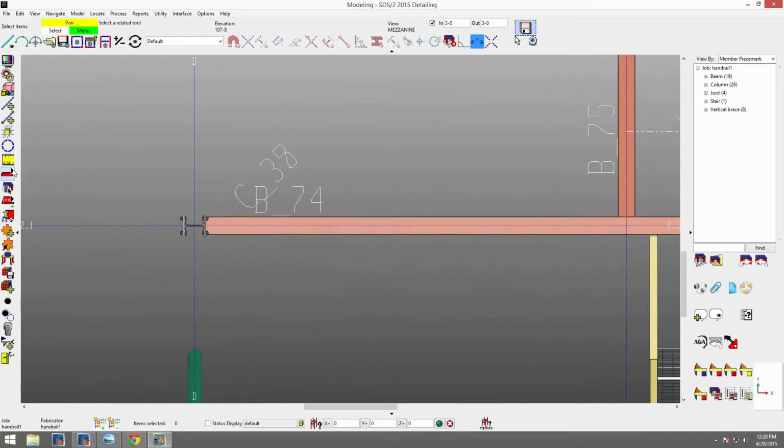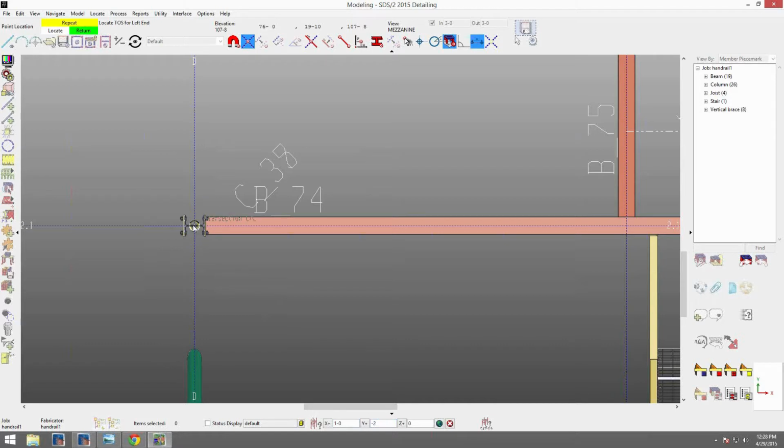So I'm going to go to Handrail Add, and I do not want to start my point right here because it says up in my status line, locate top of steel for my left end. I want to actually start that over. And if I look down in the bottom right corner, it says my axis orientation. I want to offset that in my X direction over a foot, and then in my Y direction I want to bring that down 2 inches. So I'm going to come down here, type in a foot, -2 in my Y, and now